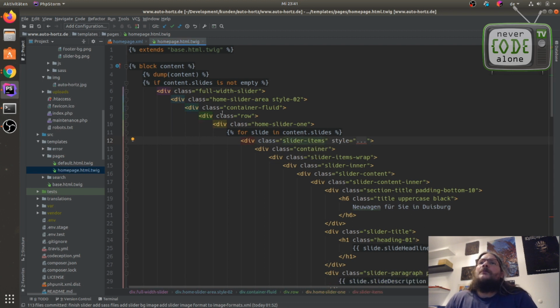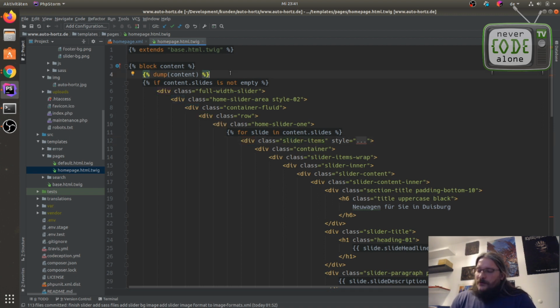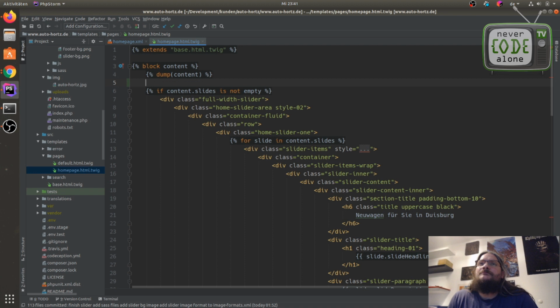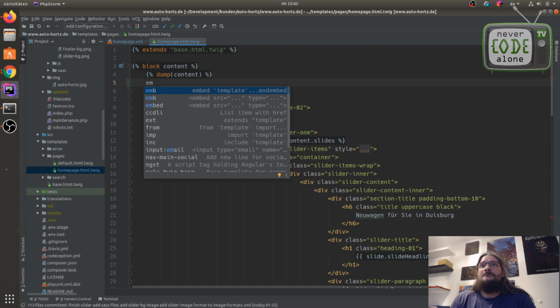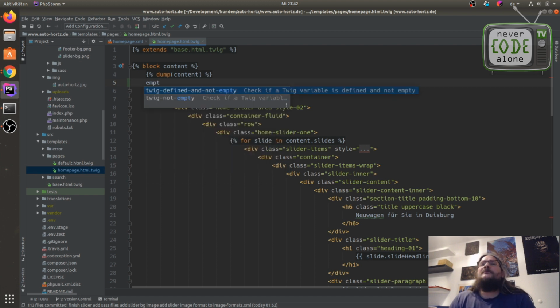Also, like when you have here some if content slide is not empty. I need this often because you have some iterations and you only want to show things when there are items. So I also have here an empty. I have here some Twig defined and not empty, and I have just one not empty.